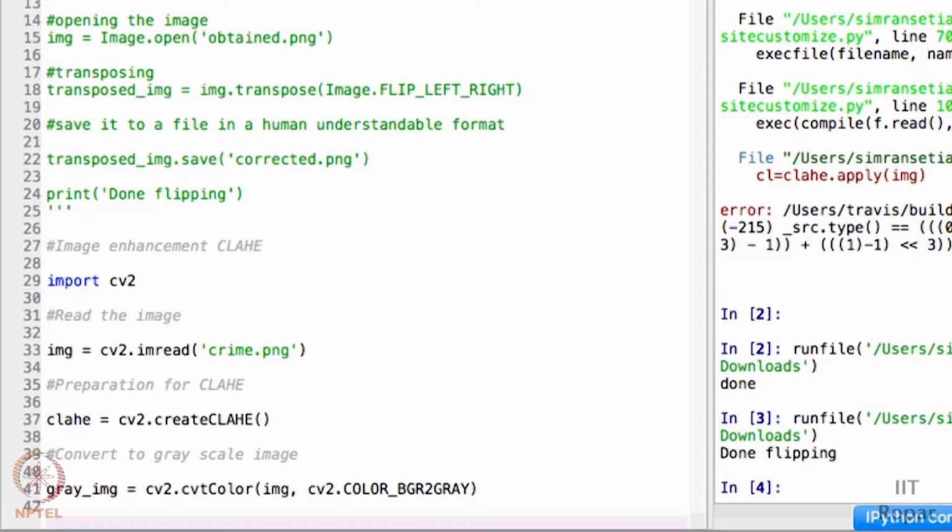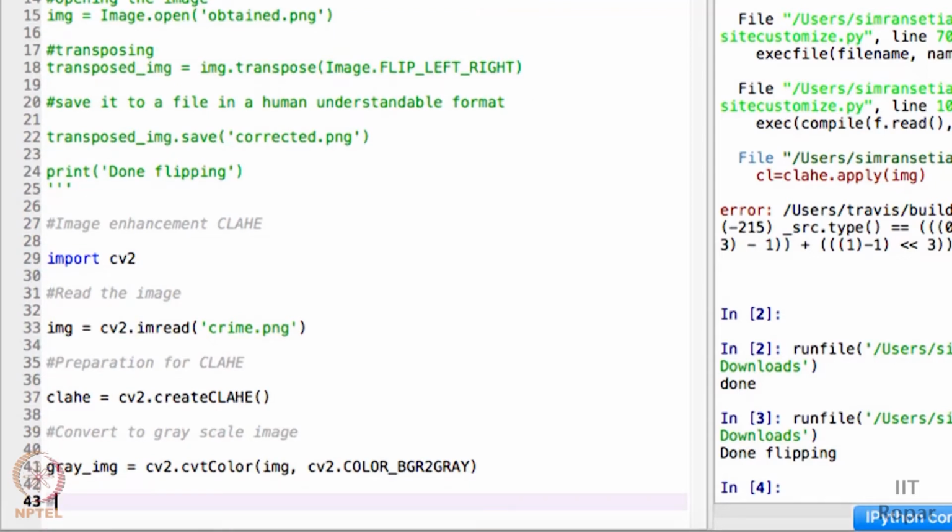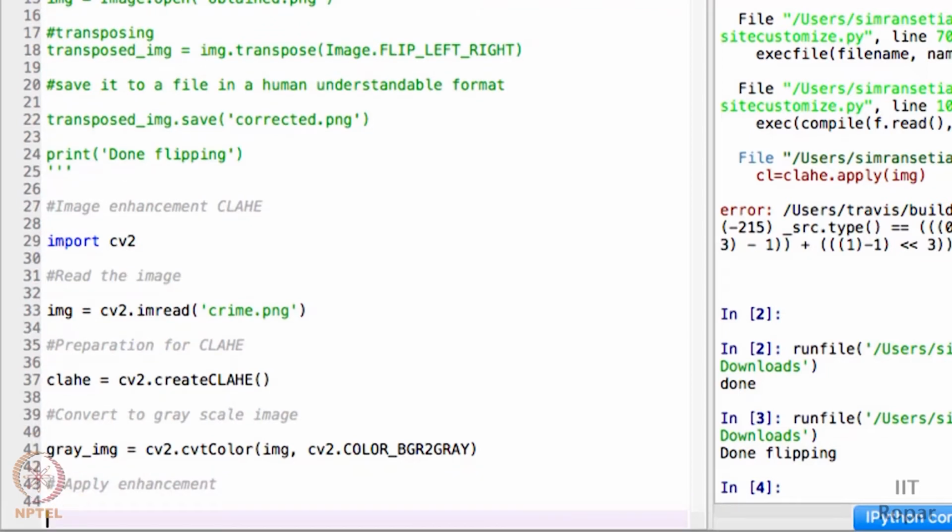Now we shall apply the enhancement process. That is the next step we have to do. Enhanced image is clahe.apply of the grayscale image. You are supposed to give the grayscale image to the CLAHE algorithm.